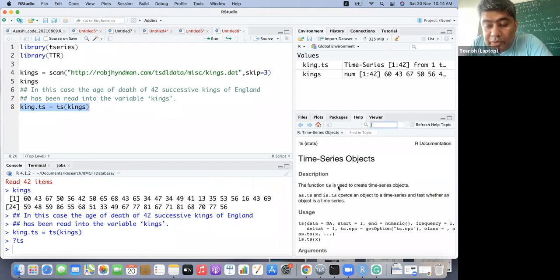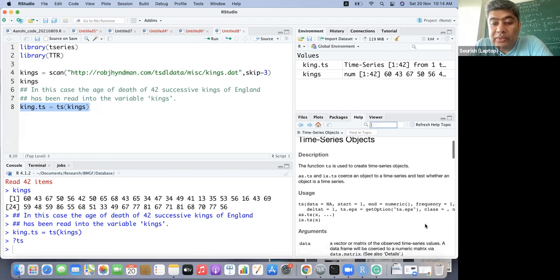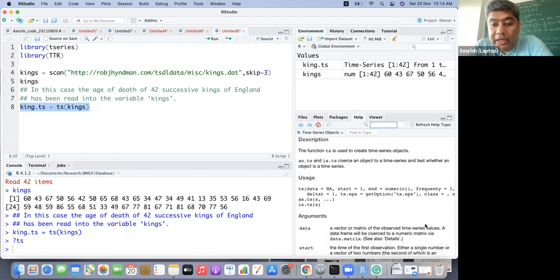For a time series object you need to give a time index, a starting index and an end index, and how frequently it occurs, the frequency, and all those things.